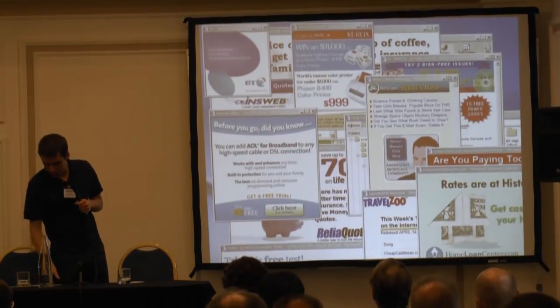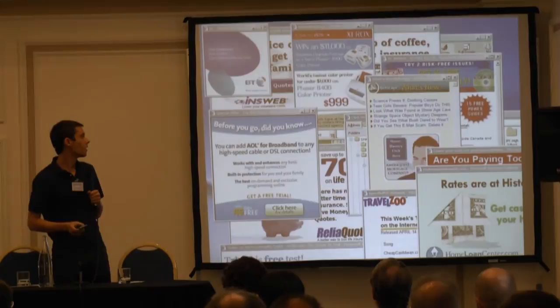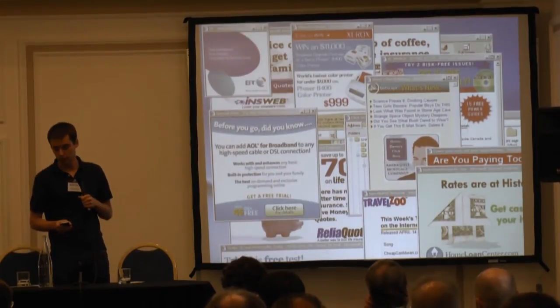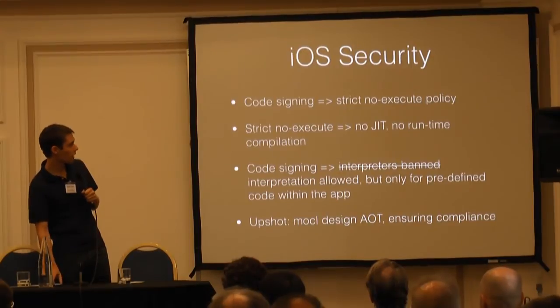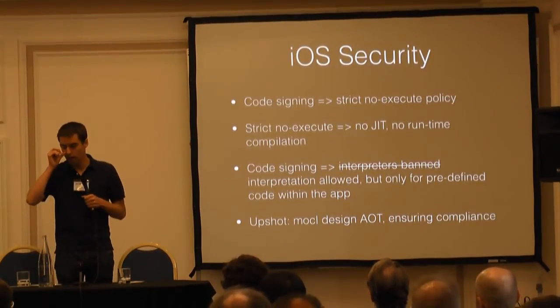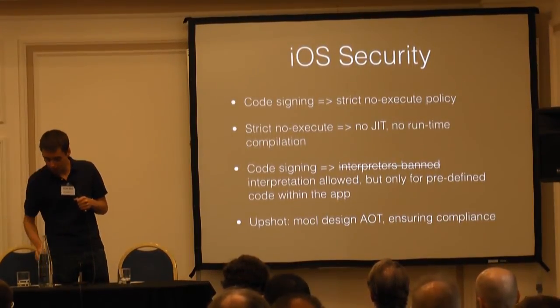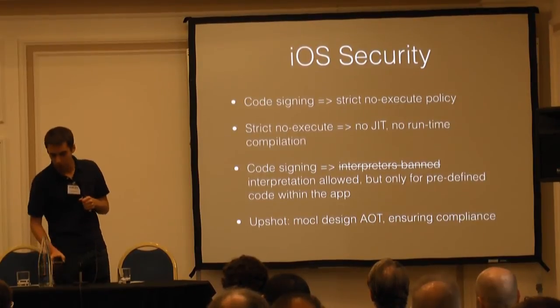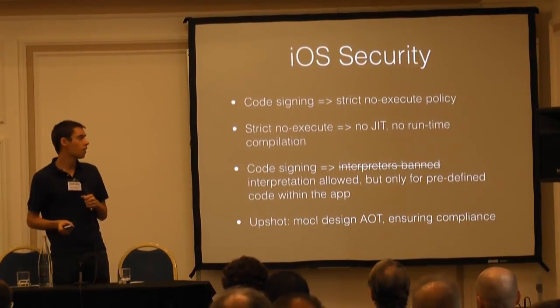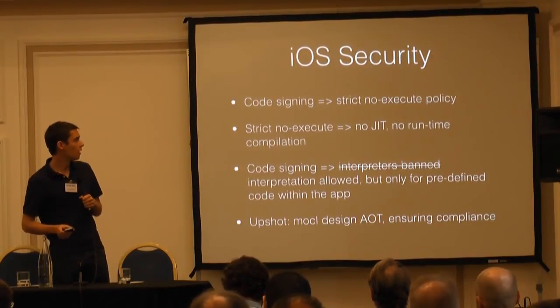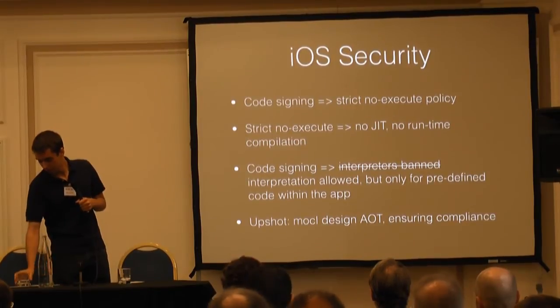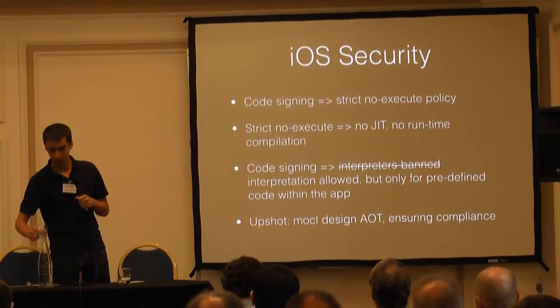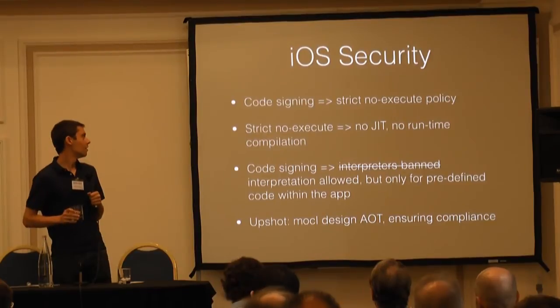And another view is just that it's a design flaw and that the computer could be designed better. And that's sort of the approach that Apple is taking with iOS. So there are significant security features there that impact how we create mobile apps. And I'm sure you've heard about this, these sort of draconian Byzantine app store